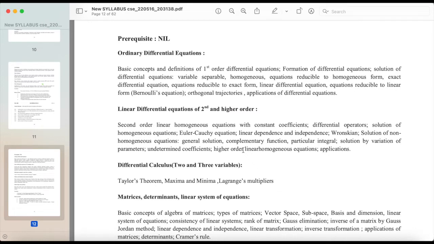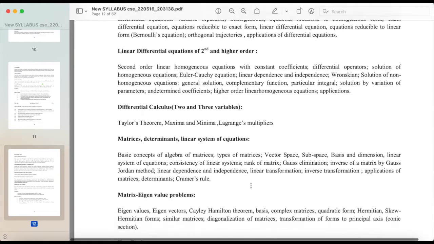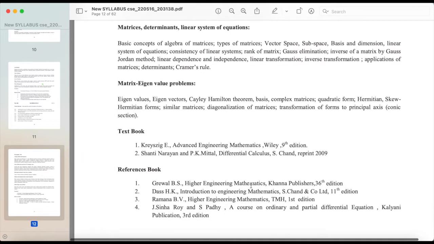system of equations, basic concepts of algebra of matrices, types of matrices, vector space, subspace, basis, and dimension, linear system of equations, consistency of linear systems, rank of matrix, Gauss elimination, inverse of a matrix by Gauss-Jordan method, linear dependence and independence, linear transformation, inverse transformation, applications of matrices, determinants, Cramer's rule, matrix eigenvalue problems, eigenvalues, eigenvectors, Cayley-Hamilton theorem, basis,